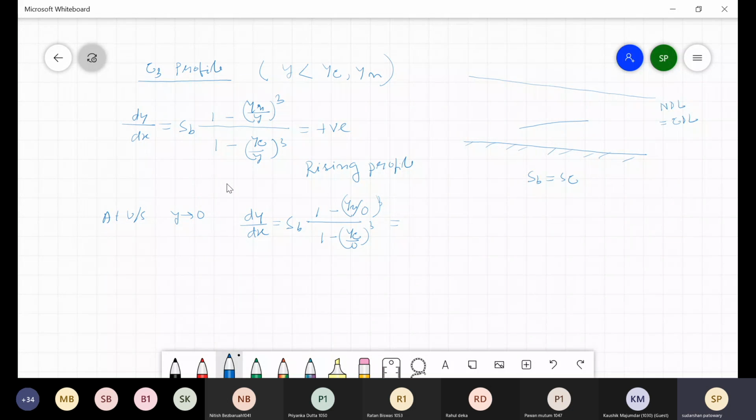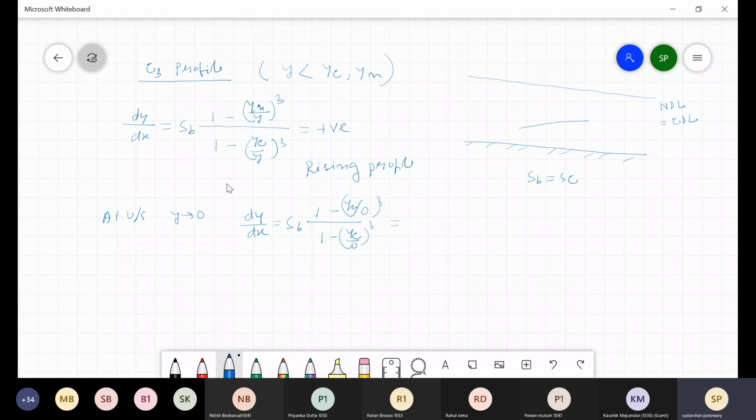Yeah, y tends to yc, less than yc, less than yn. Okay, y is yc. Is there any mistake in the expression? Yc by y by y. Okay, so what they are saying here, I'll confirm these things. I have to read more actually. I became confused now. So what they are saying here in the book is that when y tends to 0,